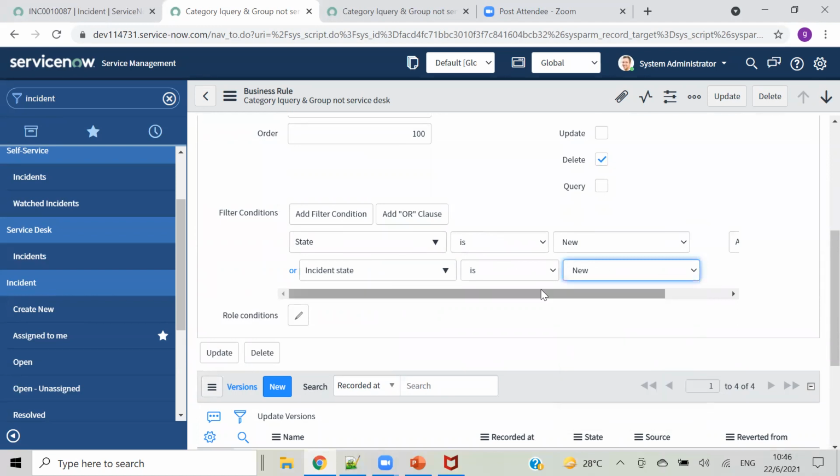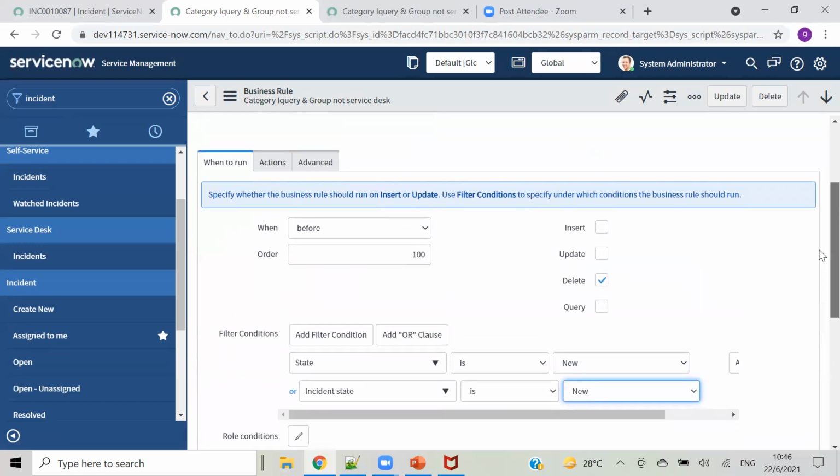You may wonder why we have these two state fields. This state field, a normal state field, comes from the task table, but separately the incident table also has a field incident state. Both will show the same values like new, in progress, all of those. But while matching some condition, we will give both, state and incident state. This is from the task table, this is from the incident table.